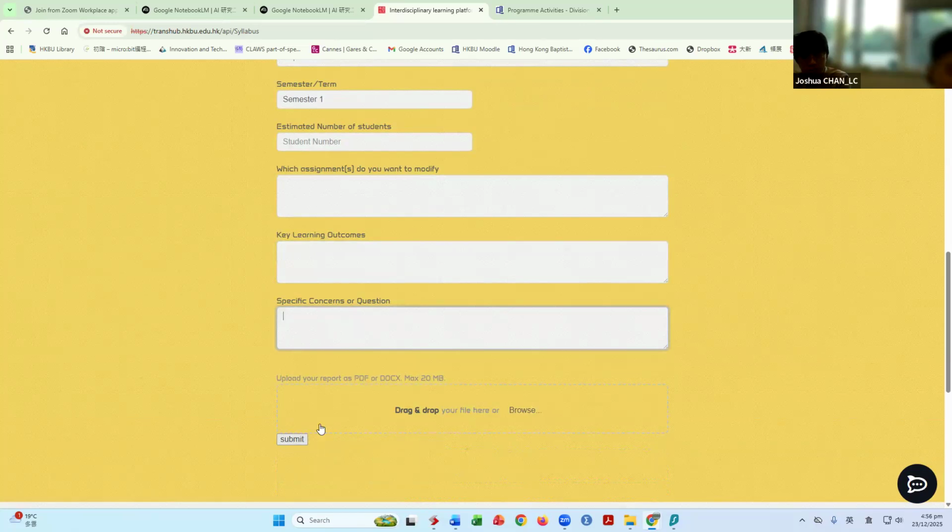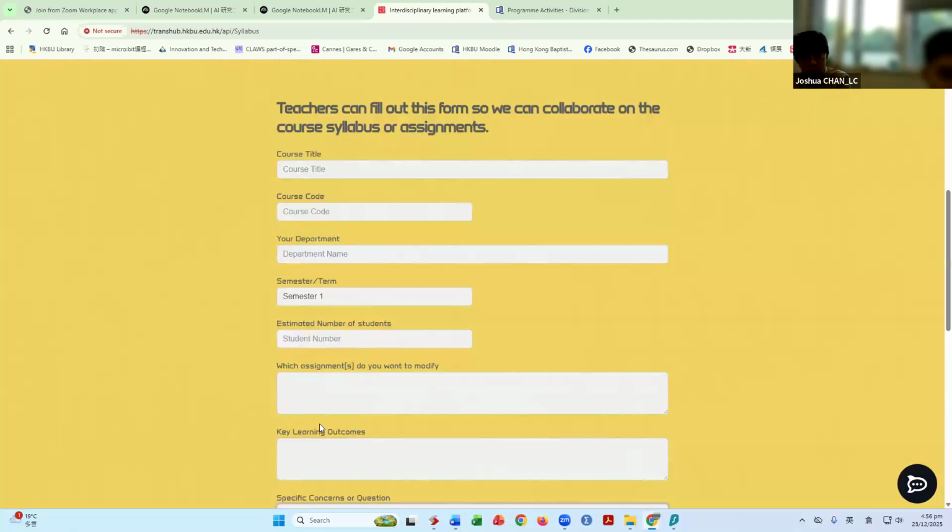So basically, this page provides a very easy to use website and is dehumanized. So the teacher is not sending it to a particular person. The teachers can just send in the syllabus very easily. The teachers do not need to feel threatened or embarrassed because they are not sending it to a particular person.